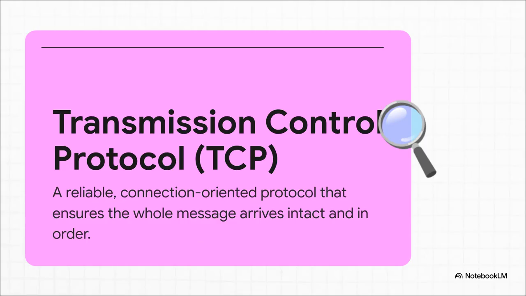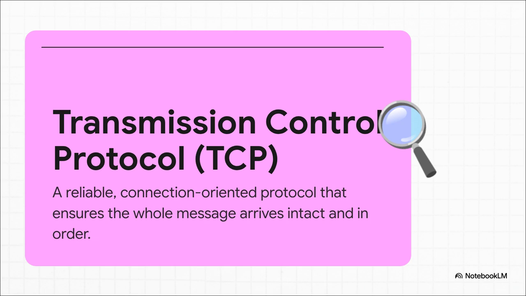And that system is called TCP, or Transmission Control Protocol. What TCP does is brilliant. It takes your big request, chops it up into smaller, easy-to-manage packets, and then it numbers every single one. It's kind of like writing a really long letter but on a bunch of numbered postcards. That way, even if the mailman delivers them out of order, the person on the other end can easily put